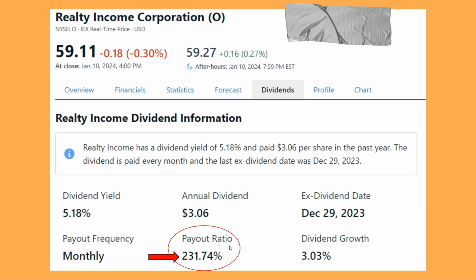Clearly, yes. However, when it comes to Realty Income Corporation, the 231% number that you see is not accurate. Their actual payout ratio is a lot lower. Maybe we should take a step back because not everyone knows what a payout ratio is. The payout ratio is a really important metric a dividend investor needs to understand. By the time this video is over, you will walk away knowing what a payout ratio is with confidence